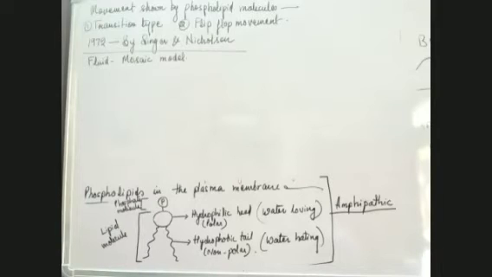Before this also, Davson and Robertson, many more scientists, gave models of plasma membrane, but the model which was accepted was given by Singer and Nicholson, and this is the only model which is given in your NCERT book also, given in the year 1972 by Singer and Nicholson, and the model is like this.